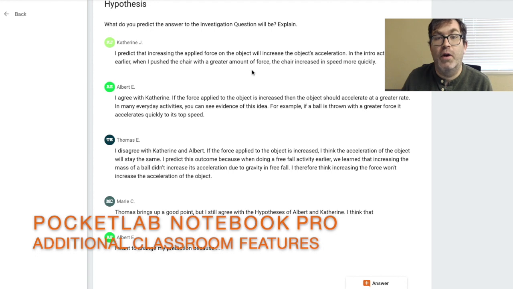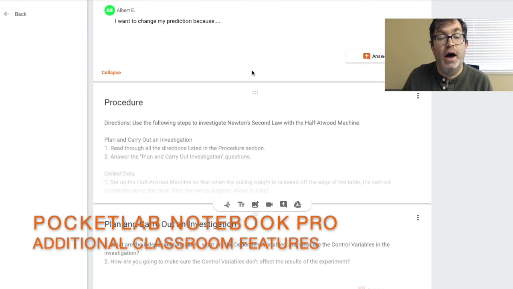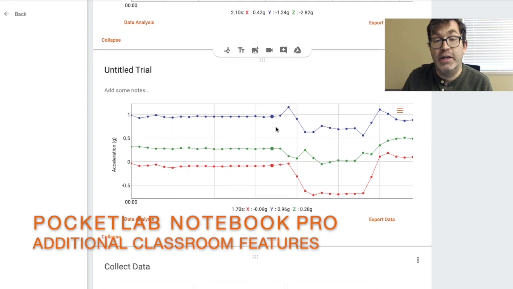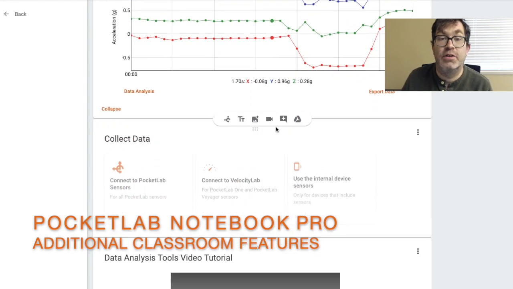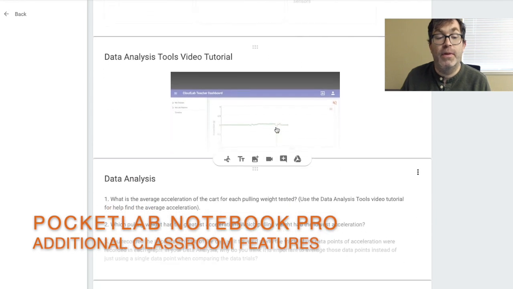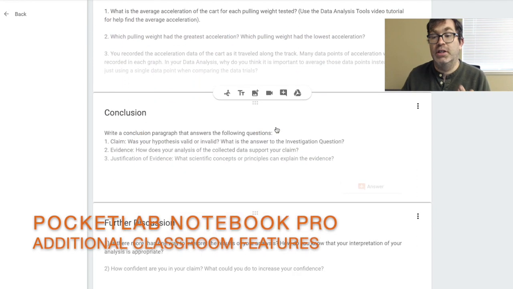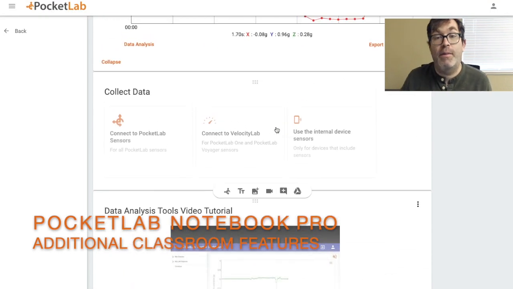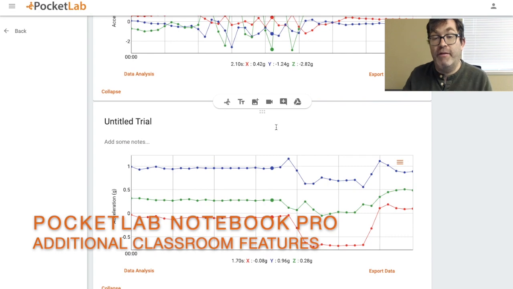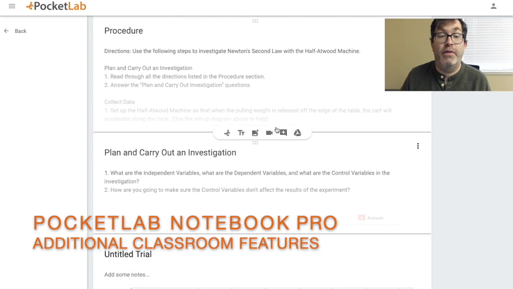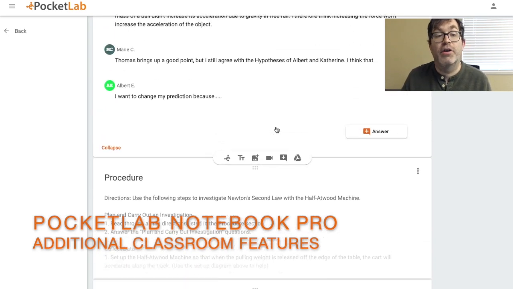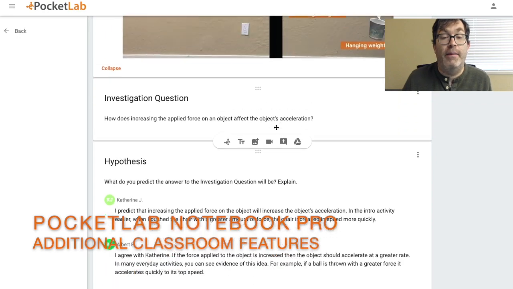And as a teacher, I can go and look and see their progress on that as they're working on it. There was a procedure that they worked on, and then down here you can see some data that they collected that you can monitor in real time as the students are collecting that data in their lab report. They would go on to answer some data analysis questions, some conclusion questions, and more. So the students themselves can work in these lab reports that you've created, or that we have some lab reports as well, written by the PocketLab team, written by some people in our community that you can use in your classroom with your PocketLab Notebook Pro